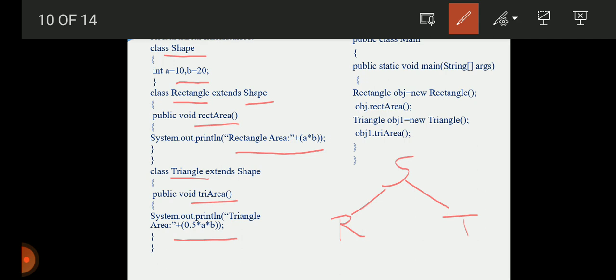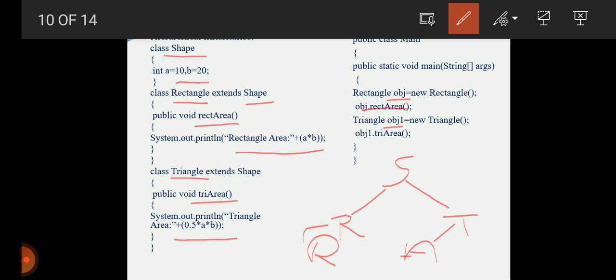Now we create the object for Rectangle, call the rectangle area method, and find the area of the rectangle. Then again we create an object for Triangle, and for that we find the area. So this is the concept of hierarchical inheritance.